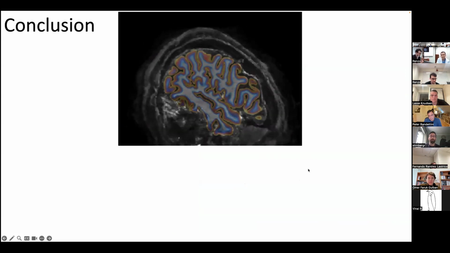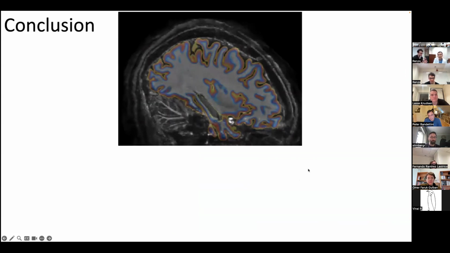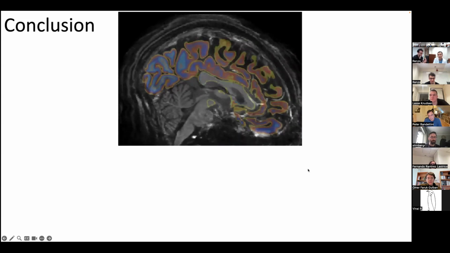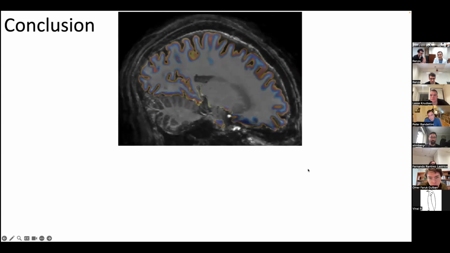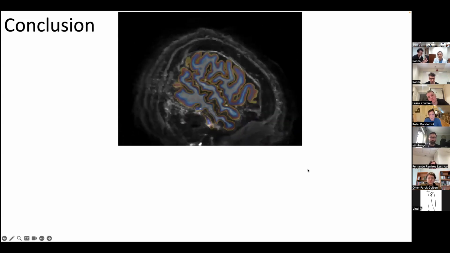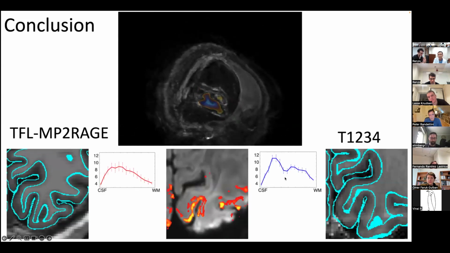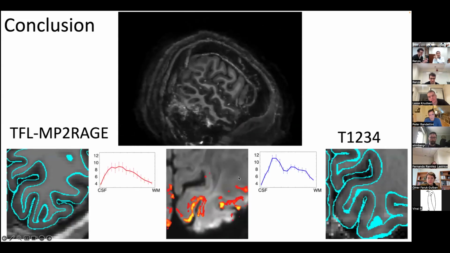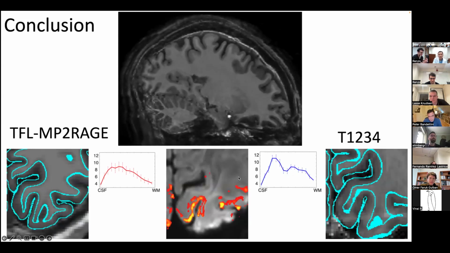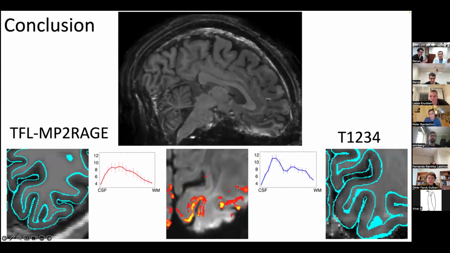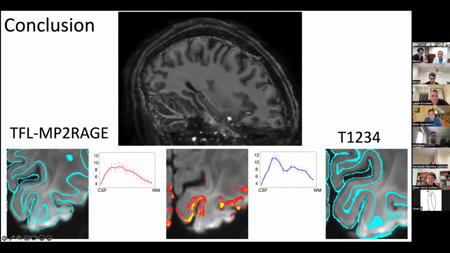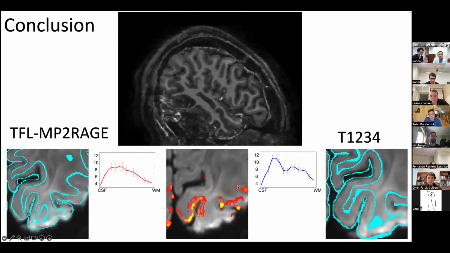In conclusion, we developed a T1234 acquisition protocol that can give us gray matter borders and layers in EPI space with better spatial accuracy than amplitude range. Flipping back and forth between EPI and the structural scan, amplitude range is not as bad and captures the main layer profile. However,